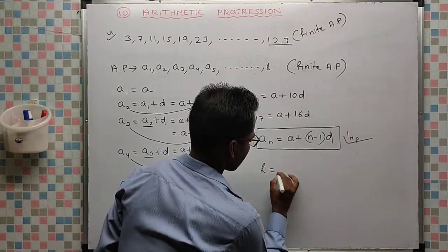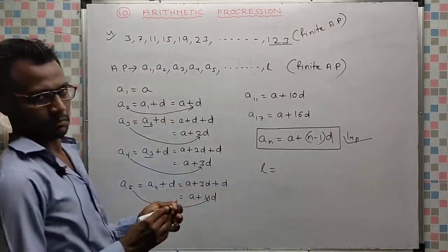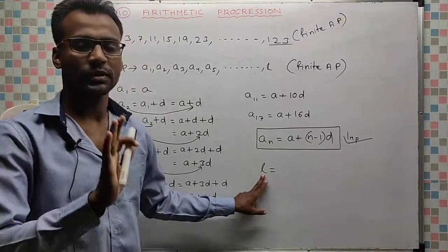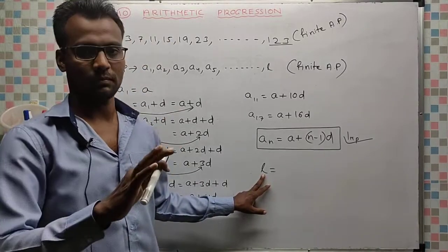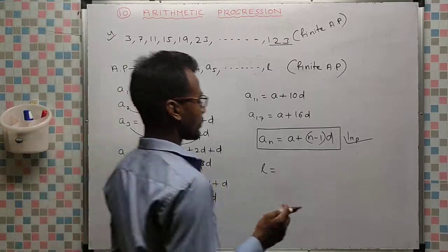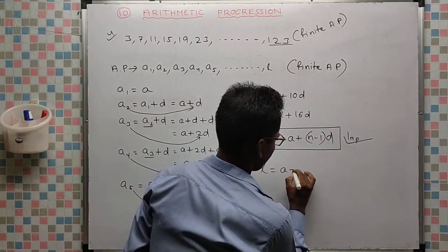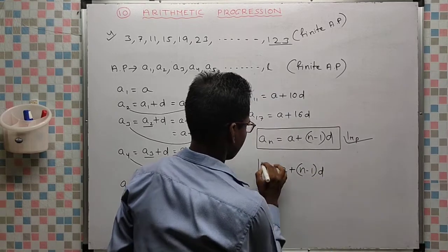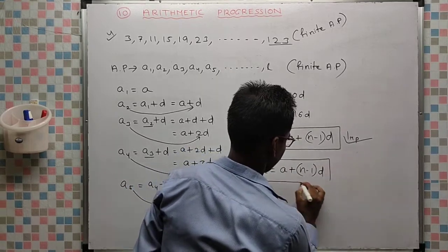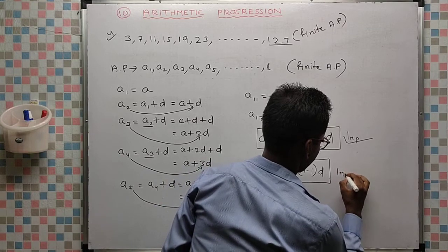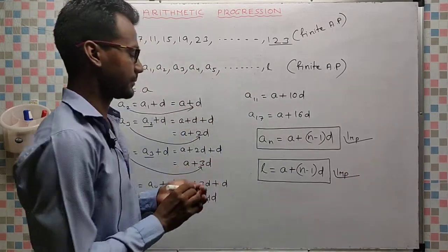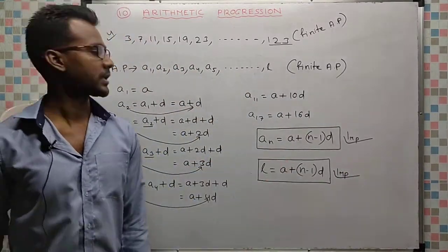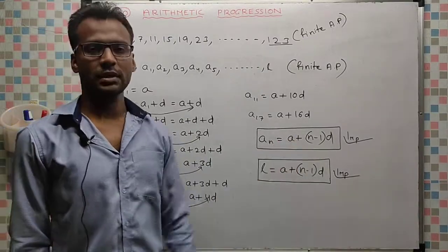The formula for L is also the same, because it is also a term. L is also some nth term. So the formula will be the same. L will be a plus (n minus 1)d. Okay, so remember these two formulas. An is equal to a plus (n minus 1)d. L is equal to a